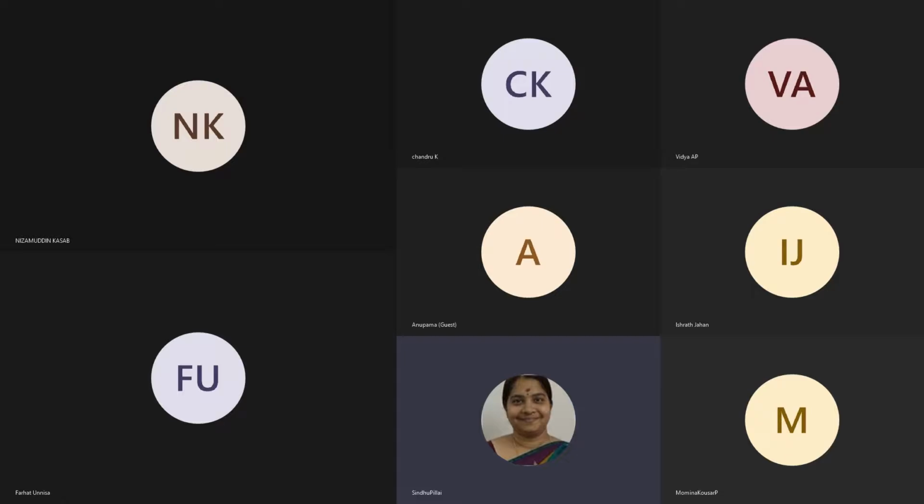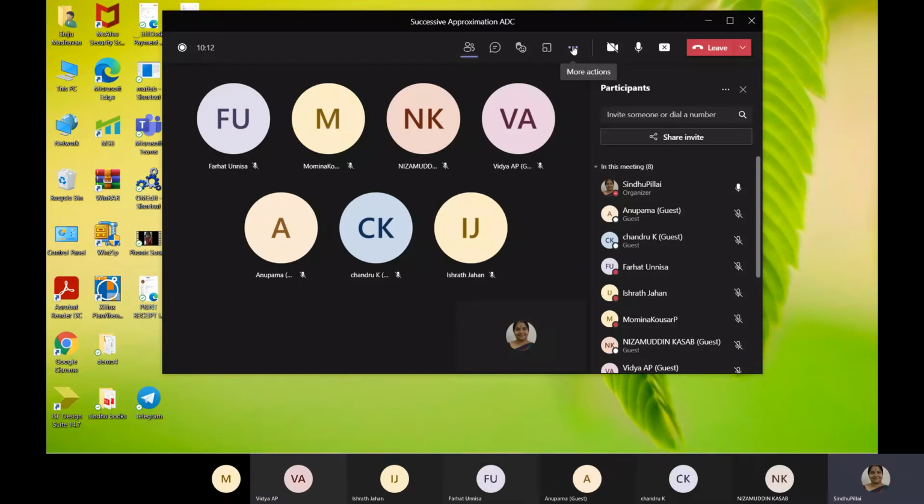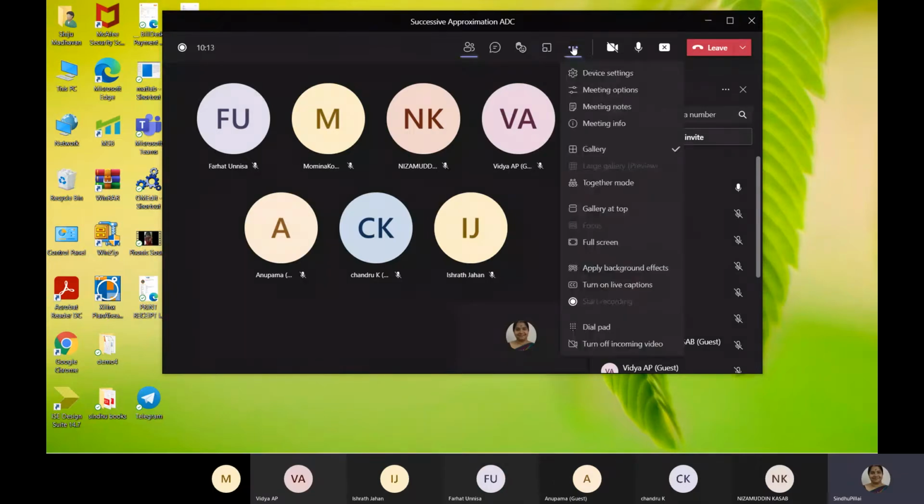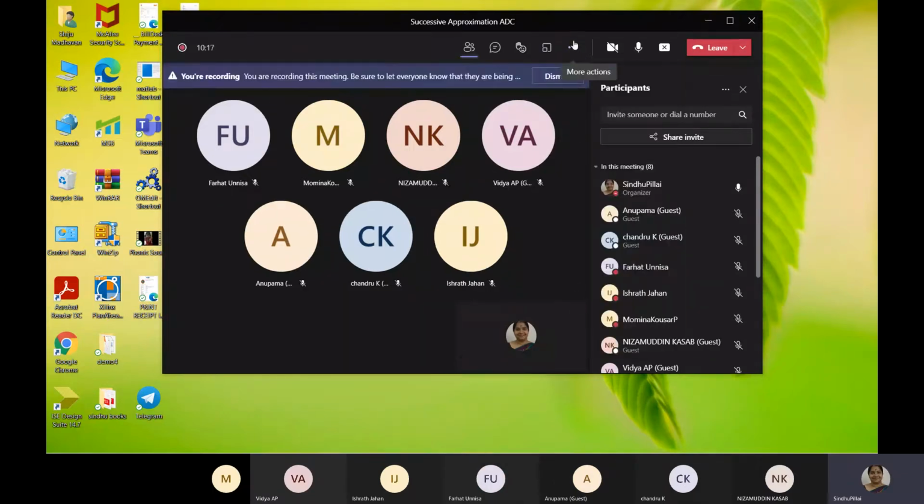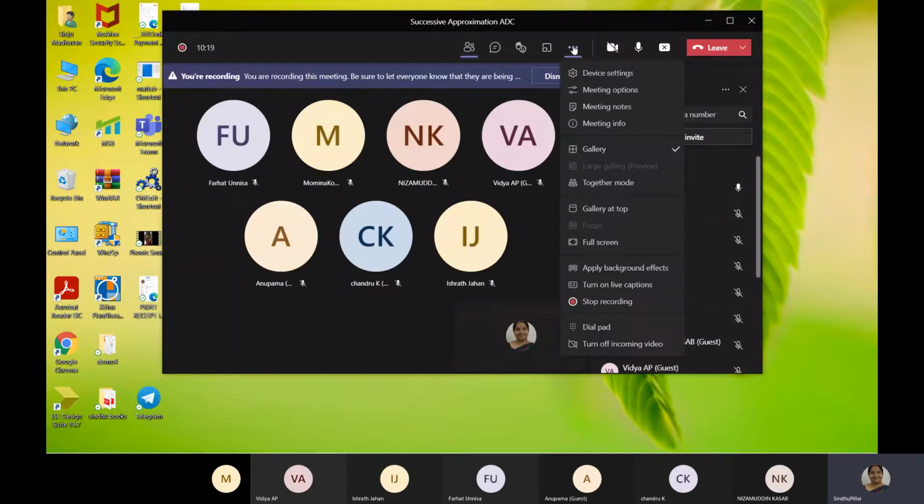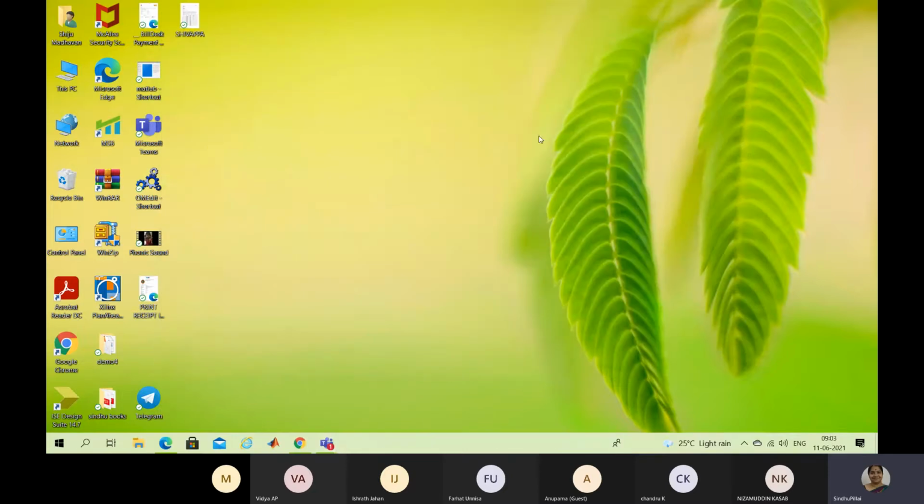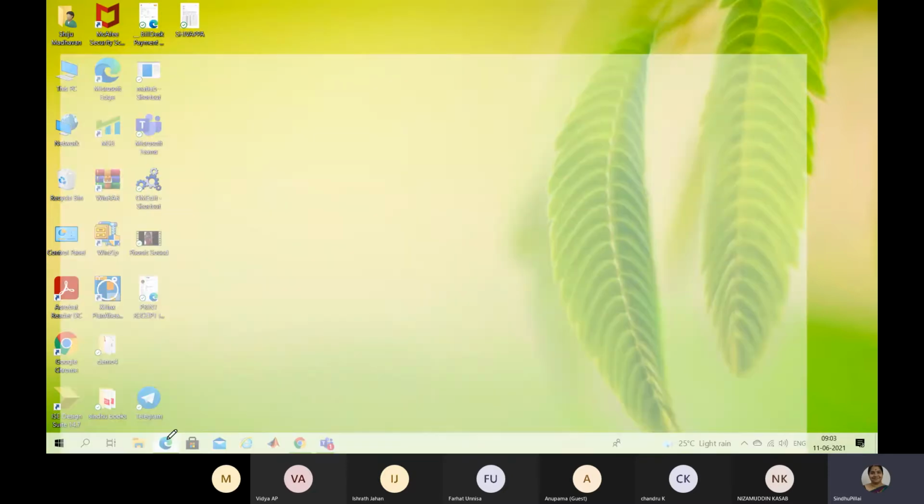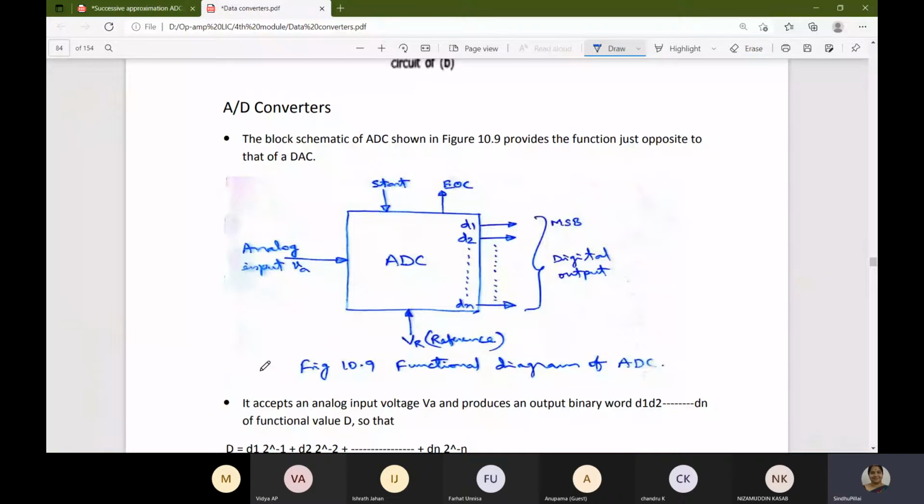The analog to digital conversion. First we'll see the basic block diagram. Okay, what is the basic block diagram of ADC? Then we'll move on with the successive approximation ADC. As you have seen, this is the block schematic of ADC